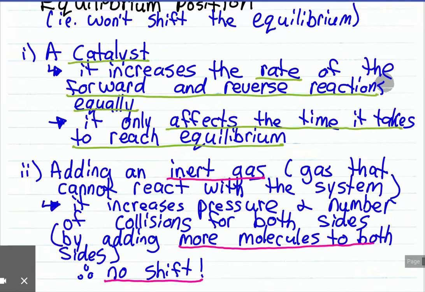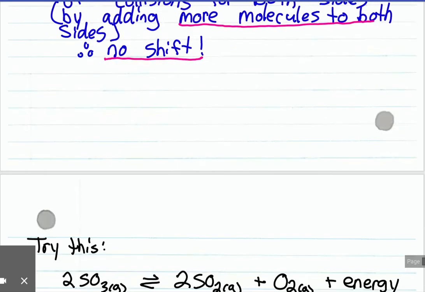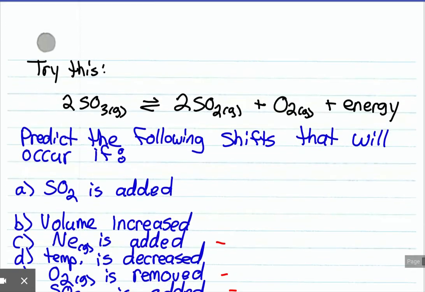All right, so those are the important pieces here that I think you should probably color code or highlight. Catalyst, rate of forward and reverse reactions equally, so it only affects time. And inert gas adds molecules to both sides, so we don't see a shift. So the last thing I would like you to do for this video lesson is